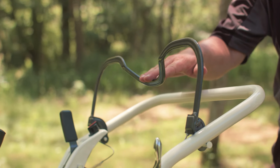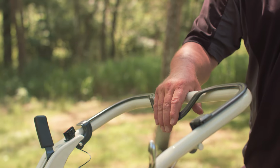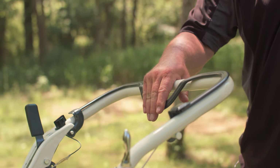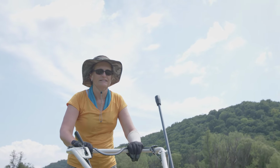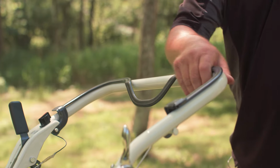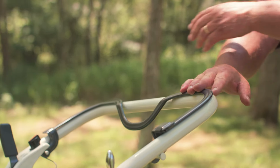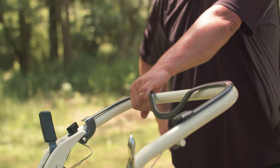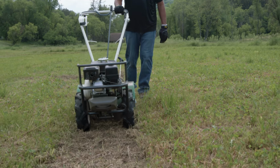The clutch is the black lever that stretches all the way across the handlebar. When you squeeze the clutch lever to the handlebar, this engages the power to the transmission. One of the key benefits from the design of the lever is it allows the operator to walk next to the machine on either side using a single hand. This is helpful for those operators that do not want to walk over their freshly tilled ground on their final